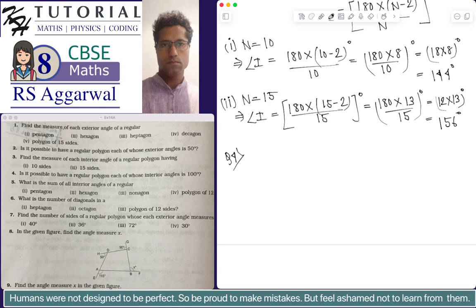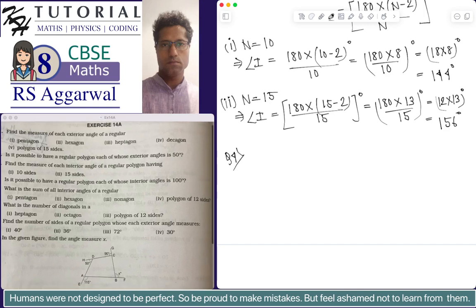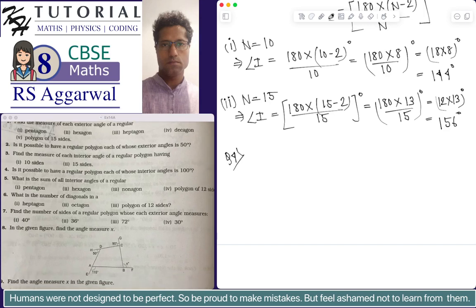Question number 4 says, is it possible to have a regular polygon each of whose interior angle is 100 degree? So it is asking if each interior angle is equal to 100 degree, is this possible? That is, if any regular polygon of some number of sides exists that has each interior angle equal to 100 degree. So as usual, as before,